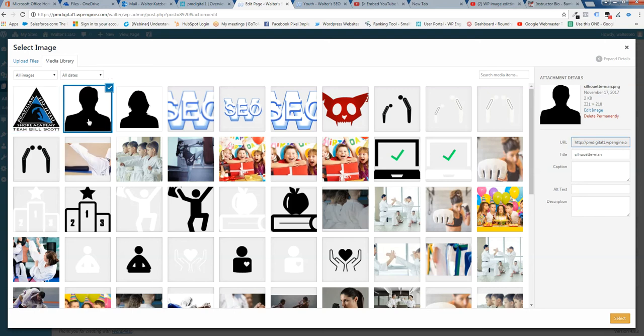Now normally for the image areas, you want to make sure that you resize your images beforehand. For the instructor area though, as long as you have a square anywhere between 200 by 200 pixels, you should be good to go. You can play around with that, but you might need to edit the image. And of course, if you click the little edit image here,